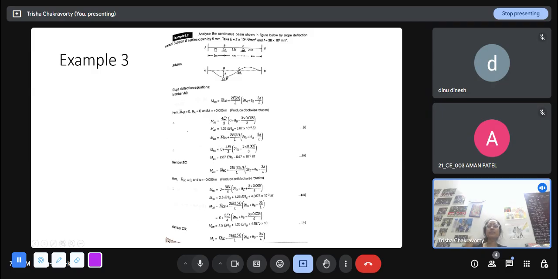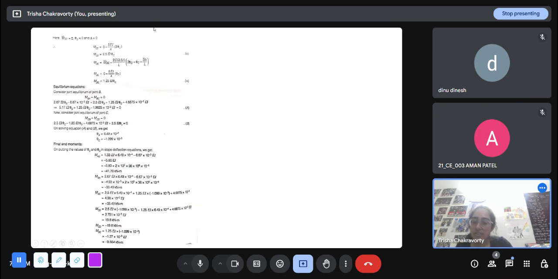The number of unknowns is basically going to be my number of equations, that is for sure. So theta B and theta C are my two unknowns and I get two equations. I solve them simultaneously and get these values of theta B and theta C. These are in radians, okay? We are used to working with angles in degrees, but when we solve from all these equations, we get radians. You can convert it into degrees if you want.